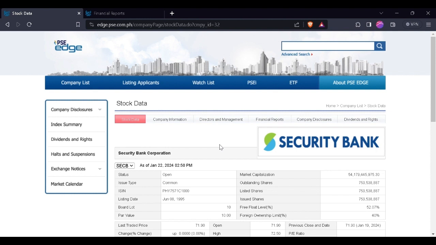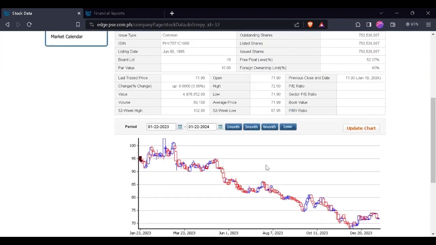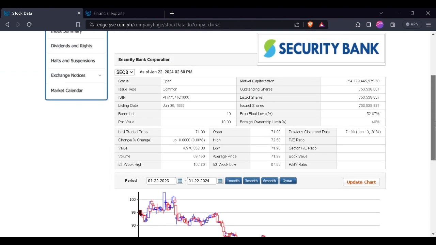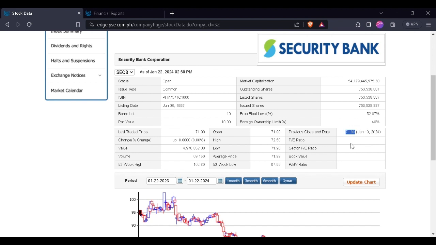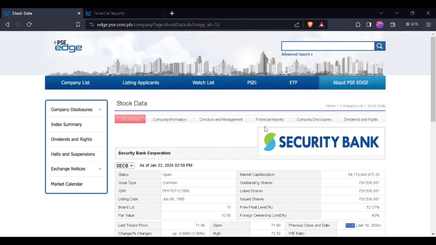So in our example, as you can see in the video, we will get the PE ratio of Security Bank. Here in the PSE Edge website, the previous close of Security Bank has not yet been updated. It still reflects the last price since January 19. But for the sake of this video, we'll just use it as an example. So if we have 71 pesos and 90 centavos per share of Security Bank and you want to buy it,